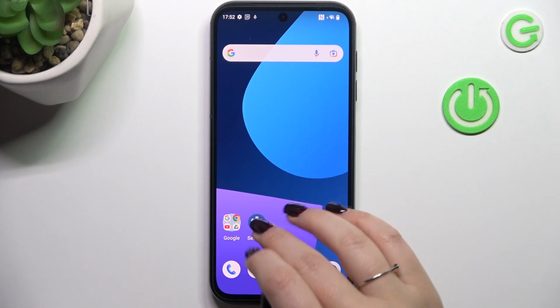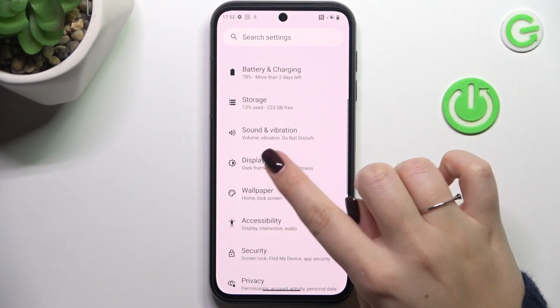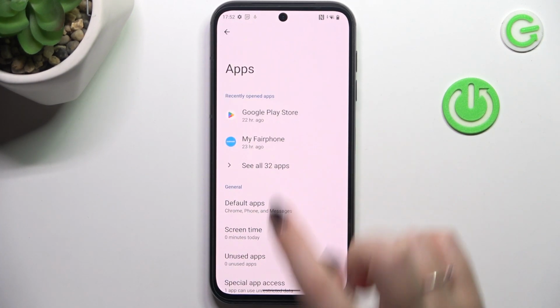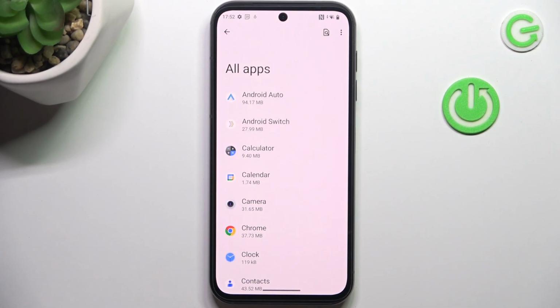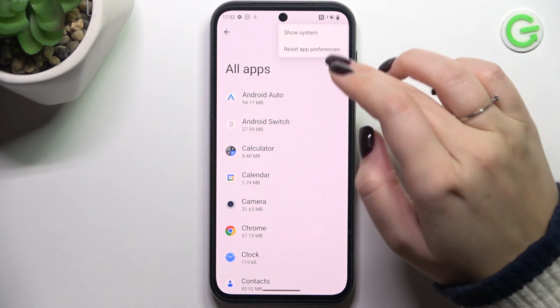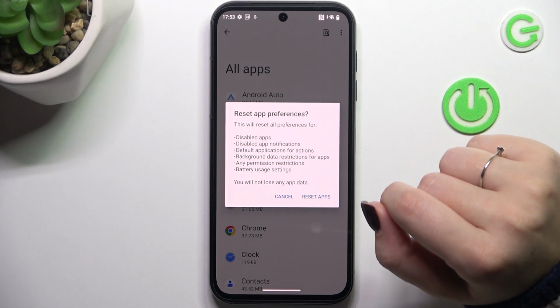So let's start with opening the settings, and here we have to scroll and find the apps. Let's tap on it. Now let's tap on see all 32 apps, of course 32 in my case, and tap on the three dots icon in the right upper corner. Now let's tap on reset app preferences, and here your device is informing you what it will actually reset,